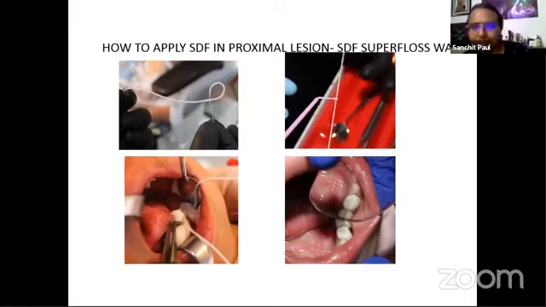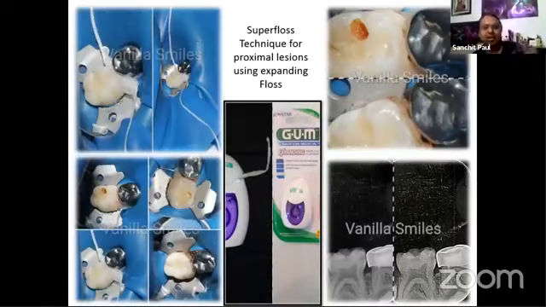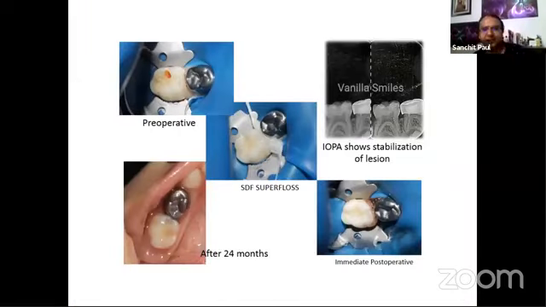Now, SDF can be used also in proximal lesions, in what we call the expanding floss way or super floss way. And as we mentioned, just because you can place a rubber dam and you can place a crown, it doesn't mean that we really need to go and do all those tricky class 2s. As you can see in the radiograph, there is a lesion inside the dentine in the outer half, completely approaching the enamel. Once you put SDF, that lesion was stable for more than a year, and now it is still under follow-up. Although there's a slight discoloration, it's between the 2 teeth, which is hardly visible. So these are again minimally invasive pediatric dentistry ways where we don't have to do too much to manage things.